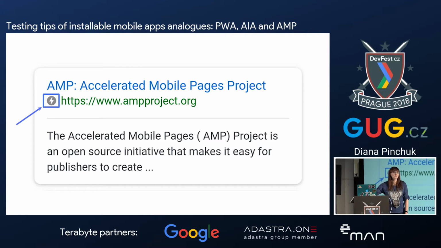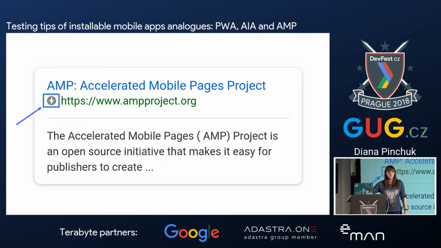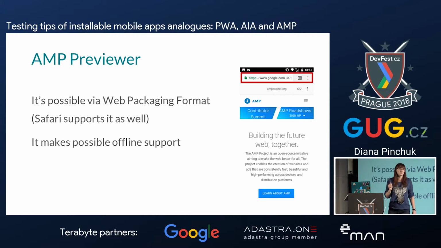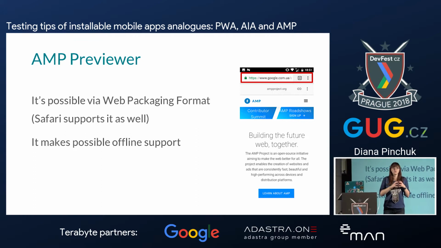If you search on any website on your mobile and you can see the special icon, you can be sure that you will access an accelerated mobile page. And sometimes pages on the first few pages of Google search are actually opened in a special Google previewer. So you will think that you opened a website, for example, amp.org. But if you look at the address bar, you are opening google.com/amp.org. So Google opened this page in the previewer because it cached all the pages previously and gives this information to you as fast as possible.